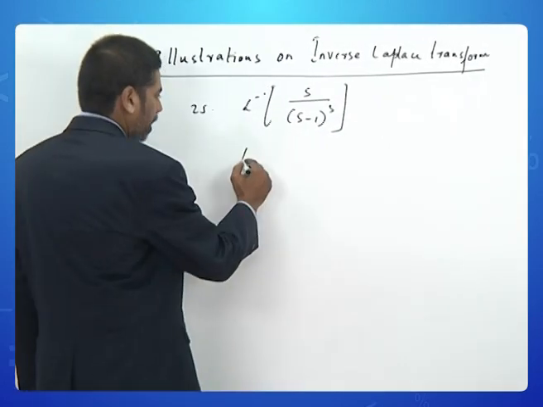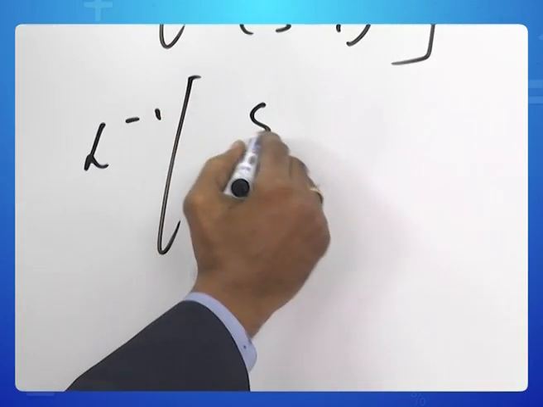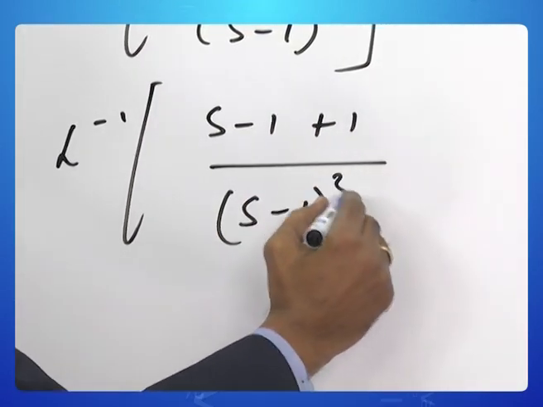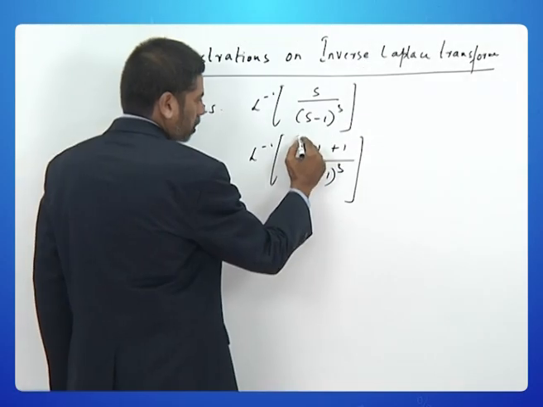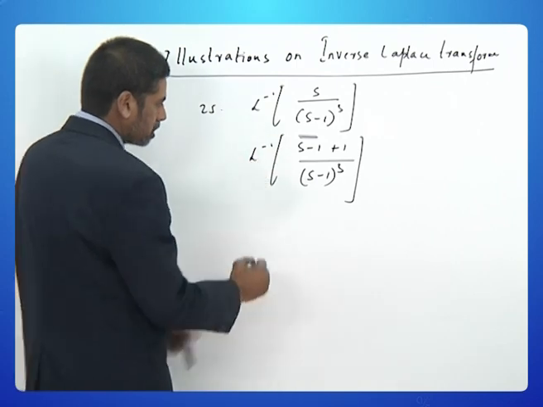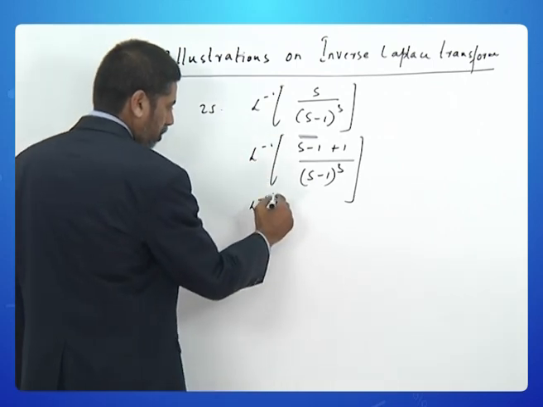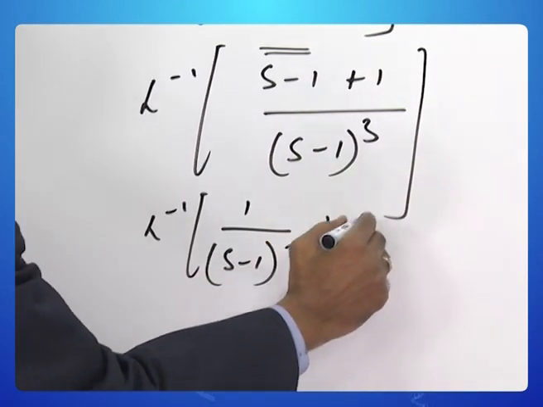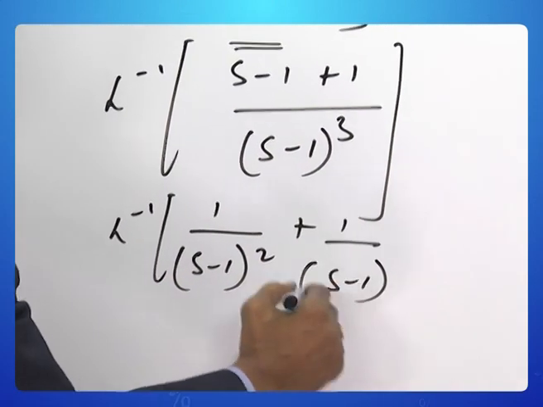So you subtract and add 1. So you treat this as one block and this as the other one, and you break this into fractions. So you get 1 by s minus 1 whole squared plus 1 by s minus 1 whole cube,